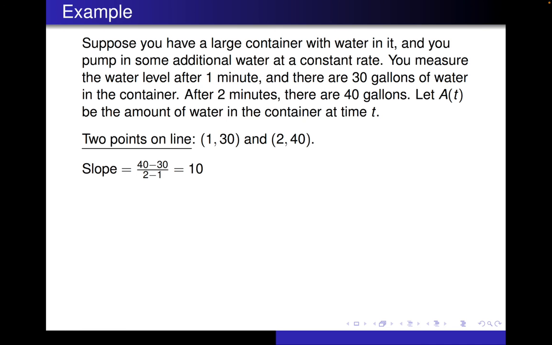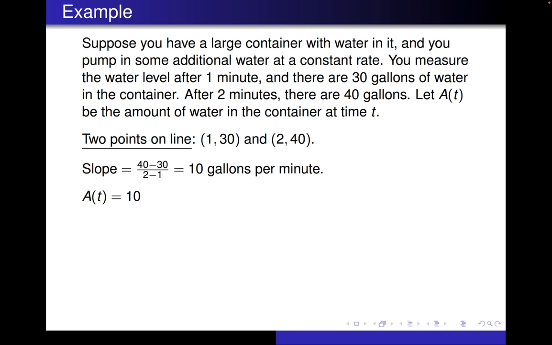Now we can put this into our formula for point-slope form. So remember, as long as we know the point and the slope, we can just put in the numbers. So we get 10 gallons per minute for our slope. So our A of t is going to be equal to, well, remember, it was m times x minus a, a being the x-coordinate, plus b, which is the y-coordinate. And in this case, instead of x, since our input variable is t, we're going to use t in place of x. So, of course, the first thing we're going to do is put in our slope, that's 10. And then our next one, in the old days it was x minus our x-coordinate, but since t is our input variable, it's going to be t minus our